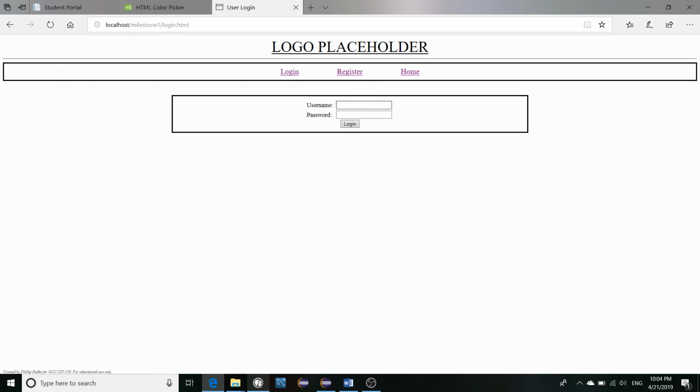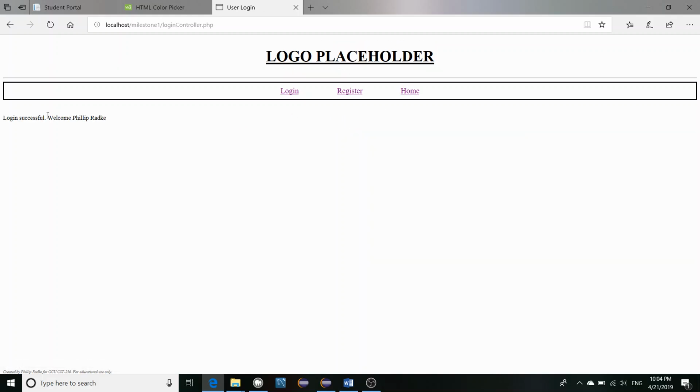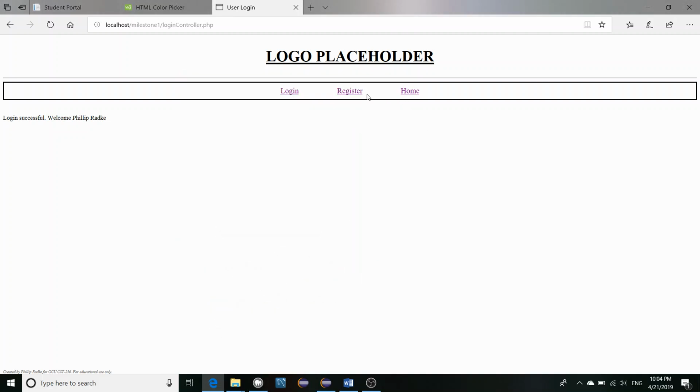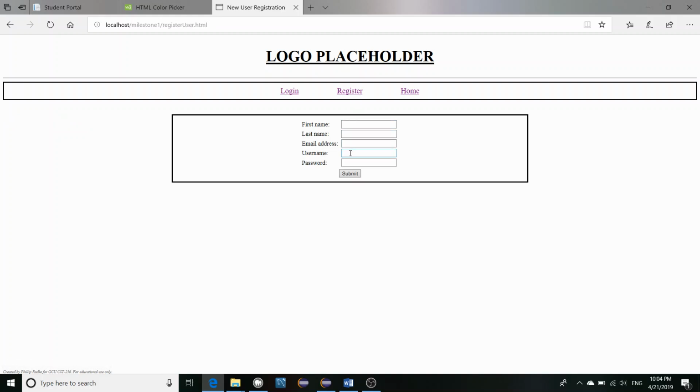I already have a few usernames set up. I think test is one of them, and I can just log in. And that's welcoming me, and it's giving a query to my SQL server. Same thing with register, you just enter the information, first name,